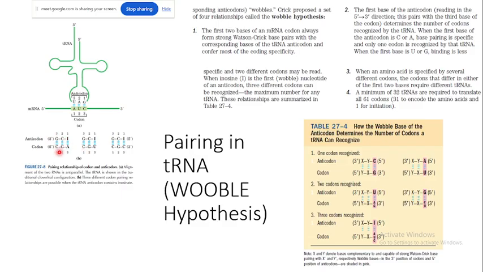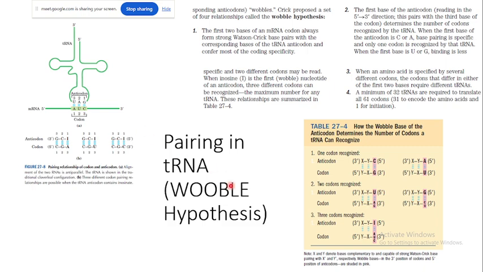hydrogen bonding. For example, here for the codon CGA, from 5 prime to 3 prime, then from the 5 prime to 3 prime in the anticodon loop, it will be ICG, right? And if the codon is CGU, then in the anticodon loop, it will be I, C and G, right? Here I is the inosine. Inosine can make a pairing with uracil, adenine and cytosine, right? So that is called the pairing of tRNA.